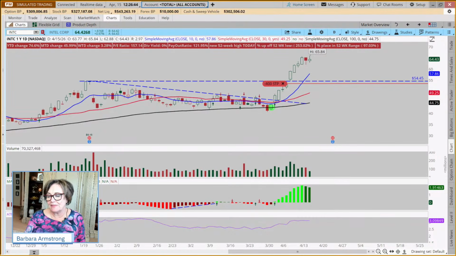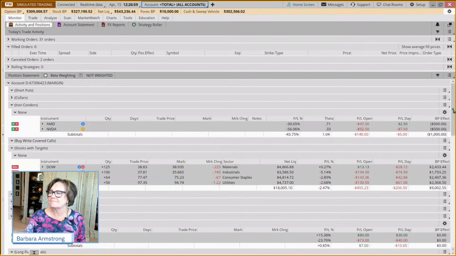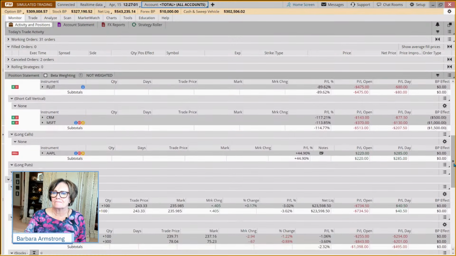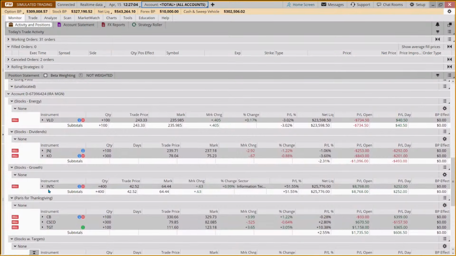This is getting started with Thinkorswim. So we'll discuss the game plan for an INTC trade if we had a trade in place. So with this, well, INTC, this was, I believe, one where we had put a target. Or we may have just bought this as a growth stock. We're up very nicely on it. We're up 50% on this in our paper money account.